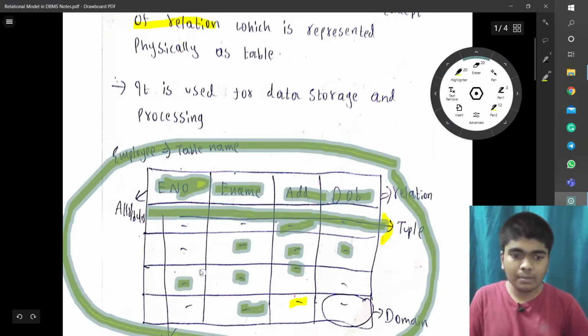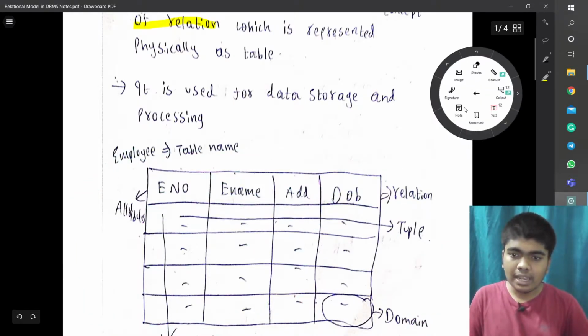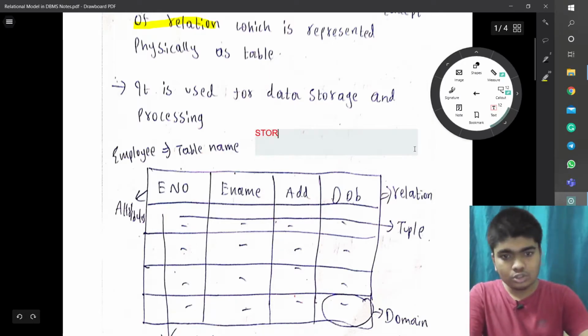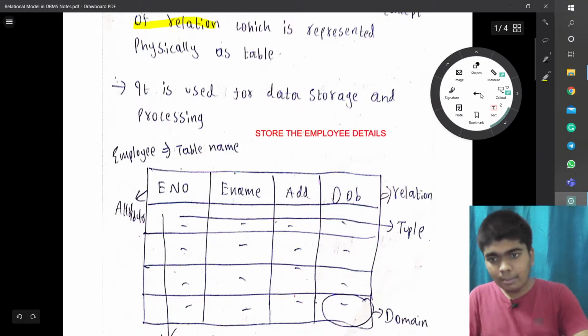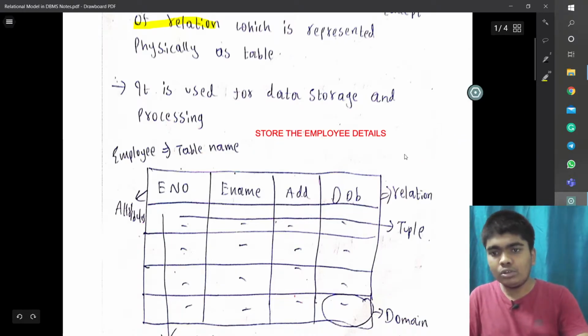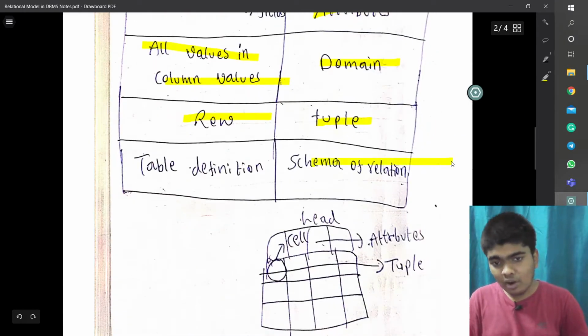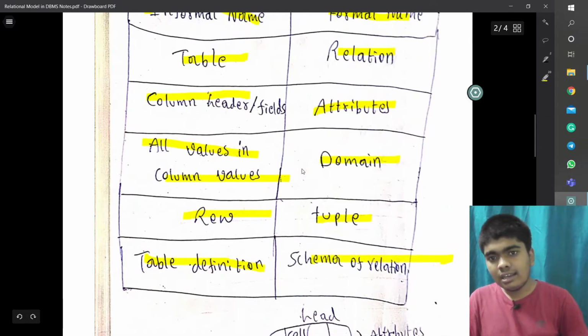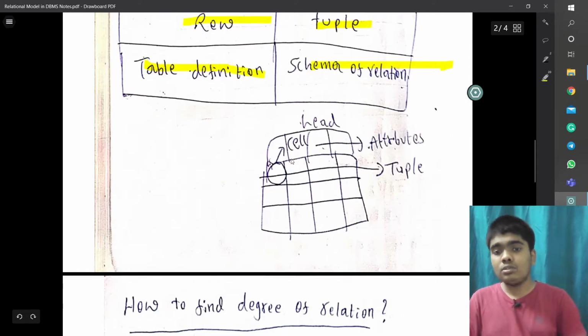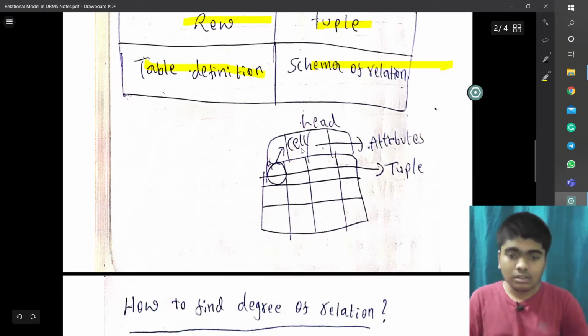This is the main aim of this table, right? So this is about the schema of a relation, the table definition. A cell is nothing but a domain cell; a domain cell is called a cell.